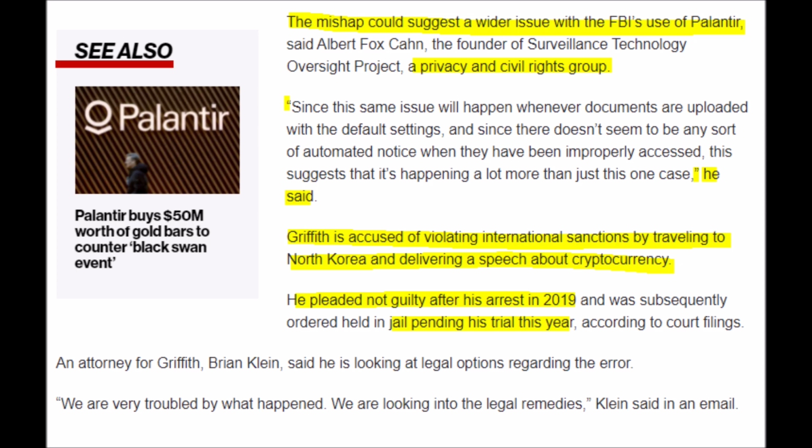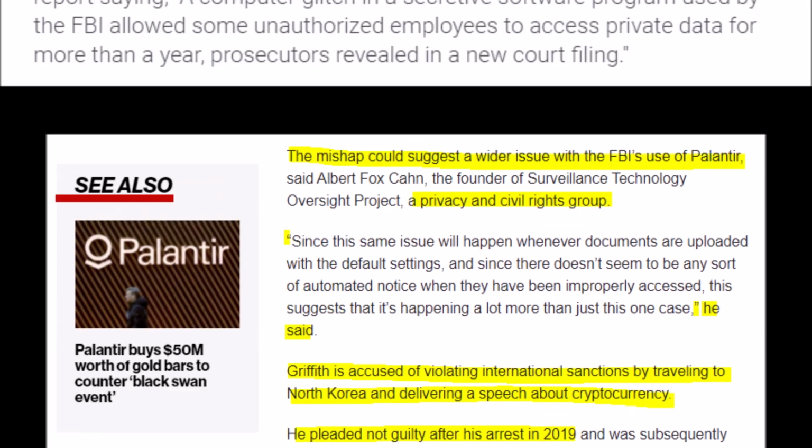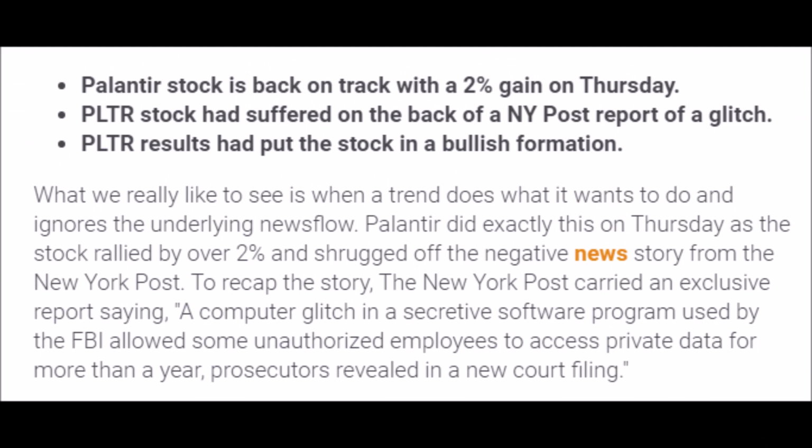A privacy and civil rights group representative said this, and I quote, "Since this same issue will happen whenever documents are uploaded with the default settings, and since there doesn't seem to be any sort of automated notice when they have been improperly accessed, this suggests that it's happening a lot more than just this one case." End quote. So who do you think is at fault here? Do you think the end user, which is the FBI, is at fault because they didn't check this earlier, or do you think Palantir is at fault because they don't have a notice that this is actually going to happen